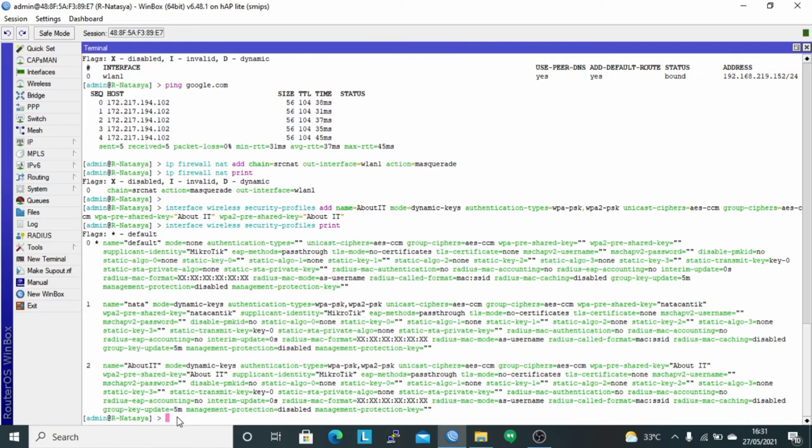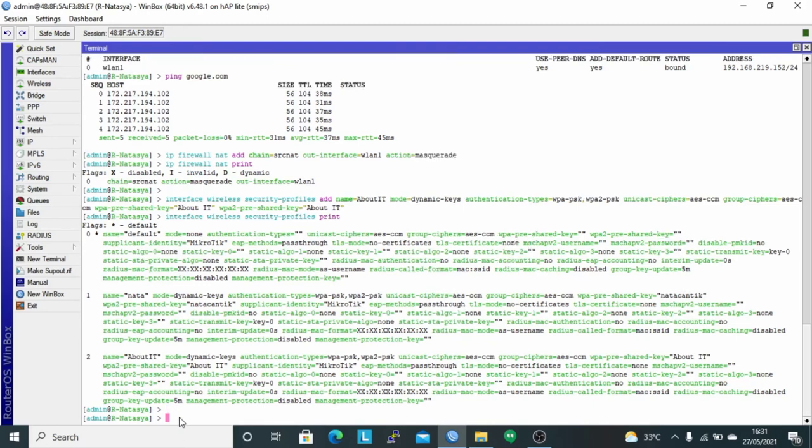After that, we create the SSID using a virtual interface with the command interface wireless add name. Here I use the name WLAN2. Master interface is WLAN1.